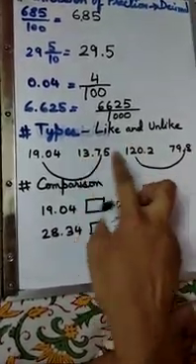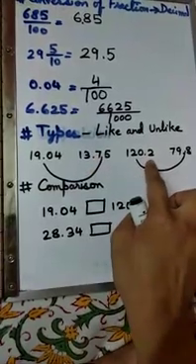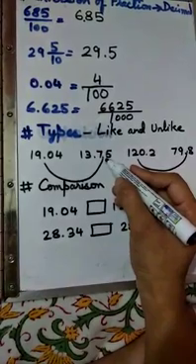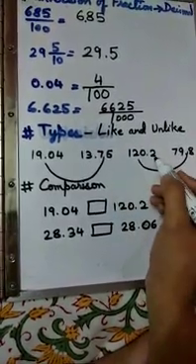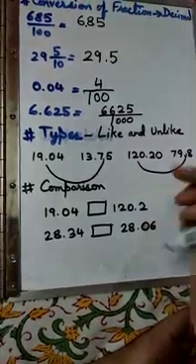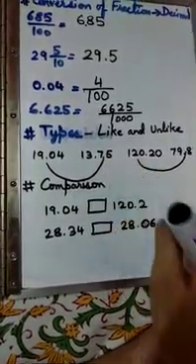So can we make these two like decimal numbers? Yes. These two are unlike decimal numbers. How to make them like? Look at the maximum decimal digits. Here 2, here only 1. So we will just put an extra 0 to make the number of decimal digits equal. Now they both are like decimals.